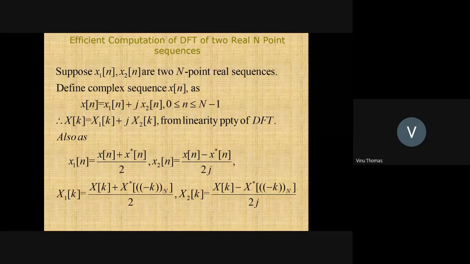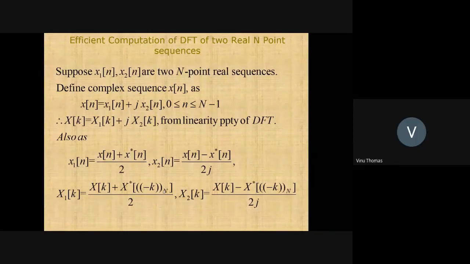Just think of this sequence as one cycle of a periodic sequence. See, all DFT properties are one cycle of the DFS property. So you can think of a periodic sequence. When we divide k by N, the remainder, so minus k modulo N indicates the remainder. So how do you get minus k modulo N? That is actually a circular reflection. You remember that?